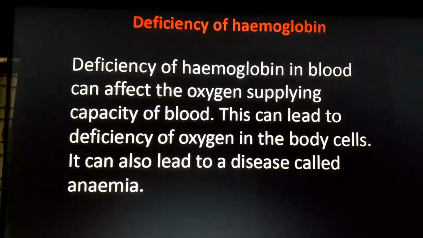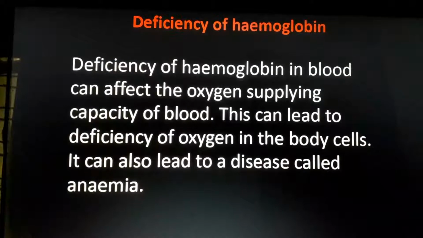Deficiency of hemoglobin. What will happen if there is not enough hemoglobin in our blood? Less oxygen is carried to our cells. So less energy we will obtain, and we will come to a condition called anemia. Anemia means the count of hemoglobin is very low in our body. For a normal human body, the hemoglobin count is like 12 to 15, I think 12 to 17 grams in adults. Anyway, I will give you afterwards. 12 to 17 grams. That is the count of the hemoglobin. So that is it.